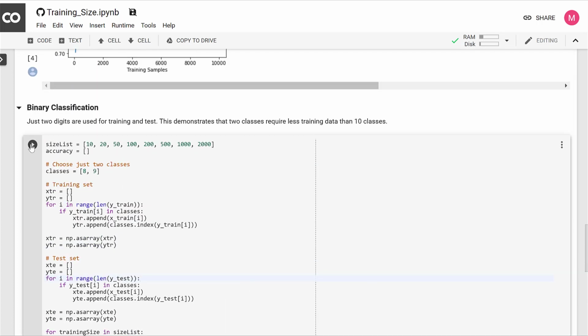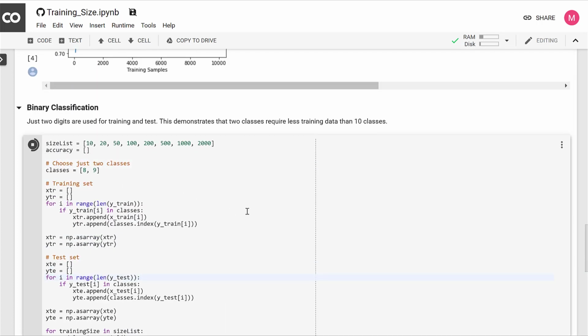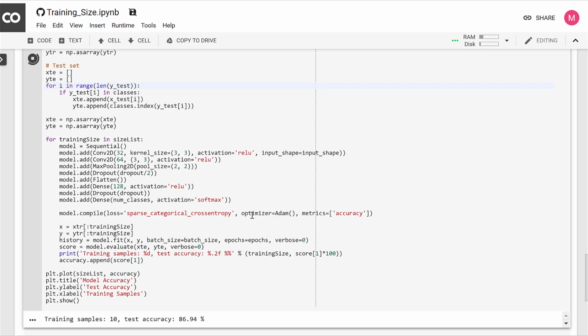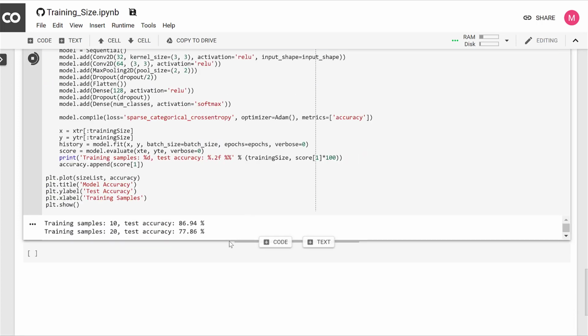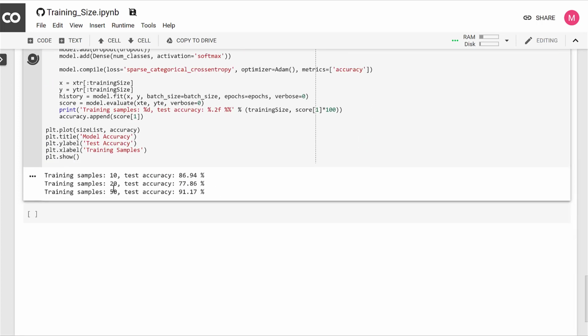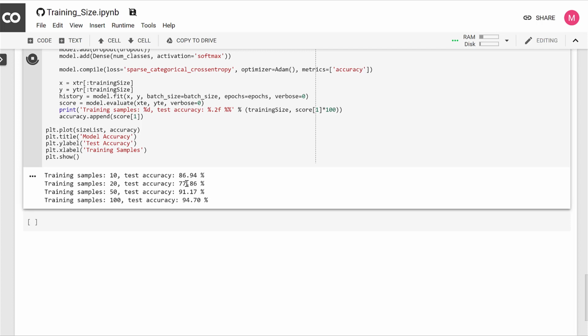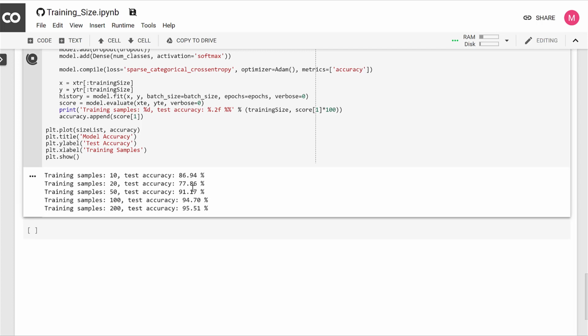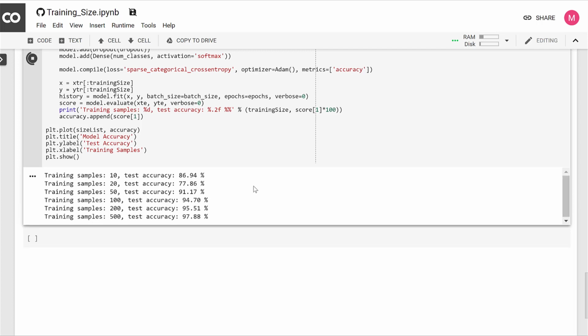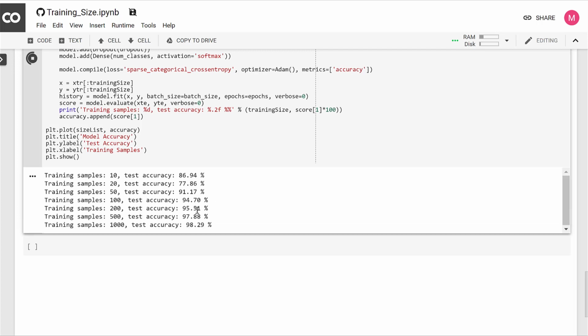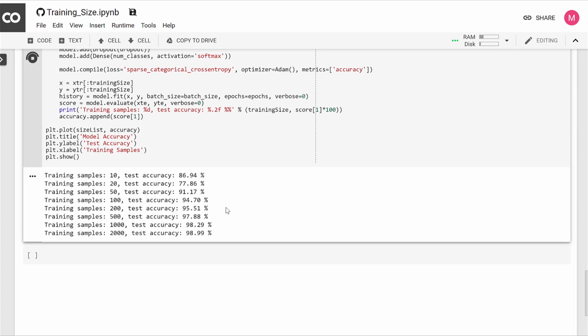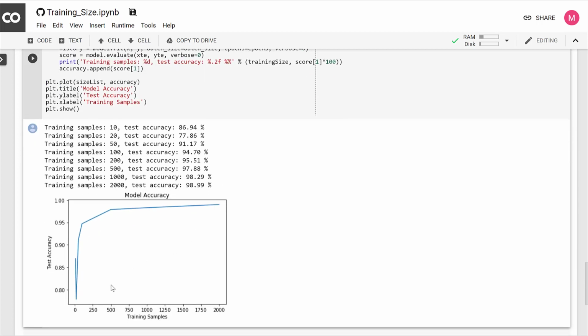And I'm going to plot out the accuracy. Let's see how this runs. And you see right off the bat with 10 samples, we're already at 86%. Then it drops a little bit down to 77. So there's a little variation there. And then it's up to 90%, 94, 95, 97, 98. So it seems to have stabilized. And so you can see when I plot it out,